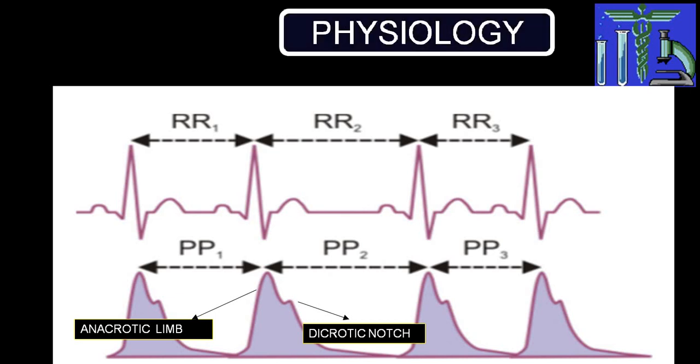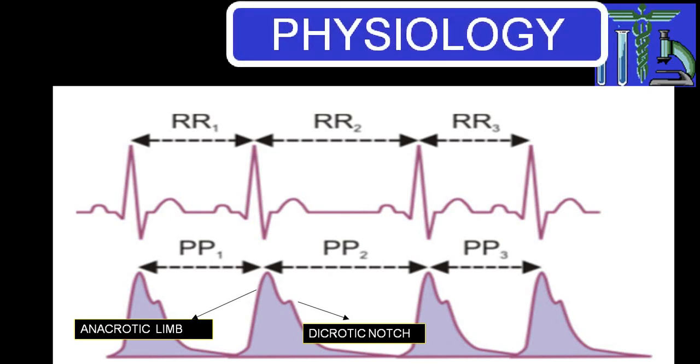Now we know very well, physiology wise, whenever there is a systole, there will be ejection of blood by the left ventricle into the aorta, and then blood will flow forward. When the blood column is flowing through an artery, it expands the artery. It creates pressure on the arterial wall, which produces expansion of the arterial wall, and that is what we feel with a palpating finger. We call that the pulse.